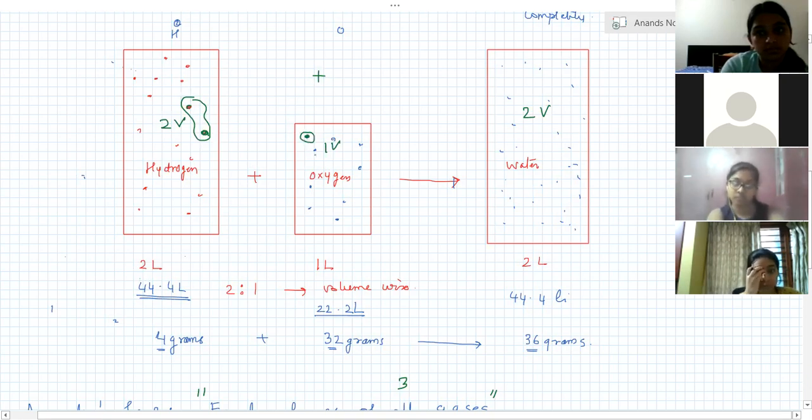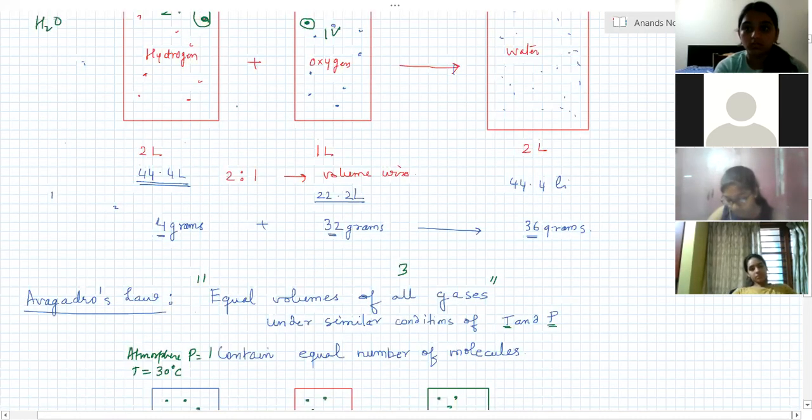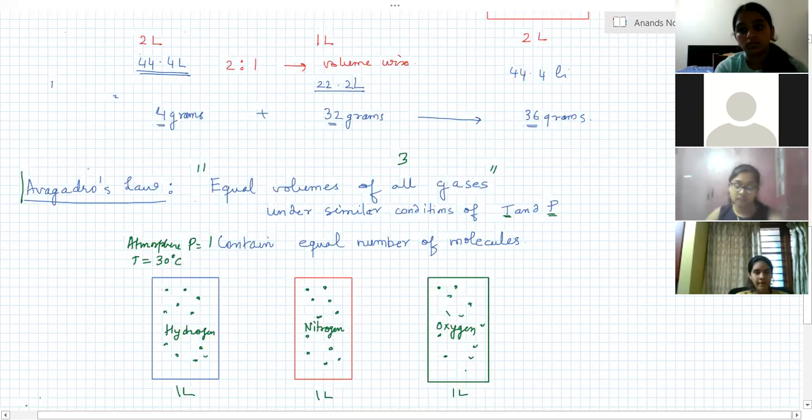Both these things together form the stepping stone for atomicity, for telling H2, O2, H2O, all this molecular formula that you're telling. It comes from these 2 simple experiments. That is Gay-Lussac's finding, and the entire gas laws synthesized, along with Dalton's law. This fellow has put everything together into this very beautiful law. Very innovative, very intuitive fellow he is, Avogadro.